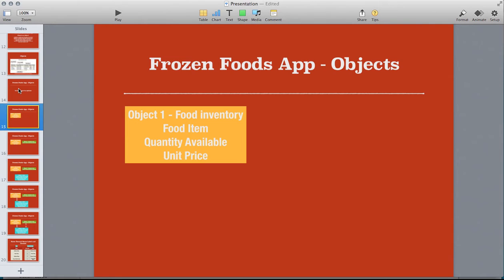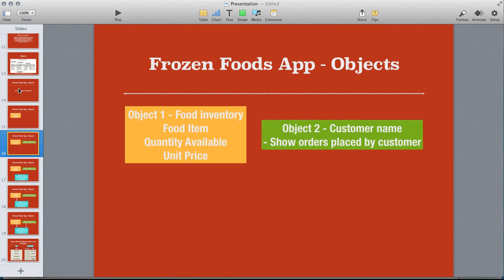The first object we'll need to create is the food inventory object, which will hold the information about our inventory. The second object we'll need to create is an object which is going to take the orders from the customer. So there's a customer who has a name, and that customer can place multiple different orders, one order, however many orders, and we want to be able to take those orders. So these are two different objects. What should happen is that when the customer places an order, we should be able to deduct that order from